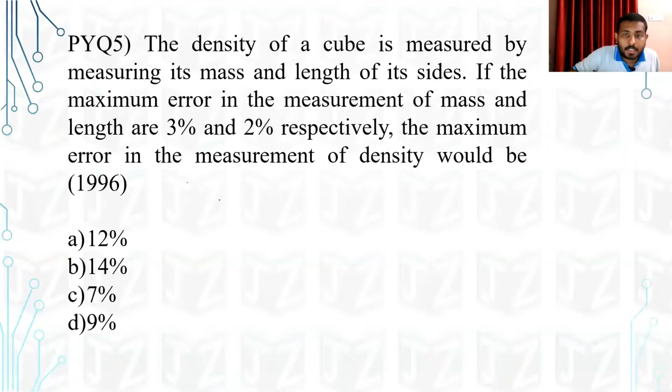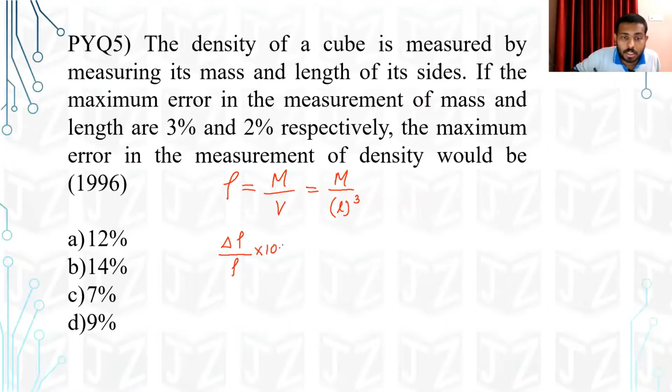We know that density is given as mass by volume, or in other words, we can write it as mass divided by length, the whole cube. Therefore, we have to find out the maximum error in the measurement of density. The options are also given in percentage, and we are given the percentage of mass and percentage of length. Therefore, the percentage error in density is equal to